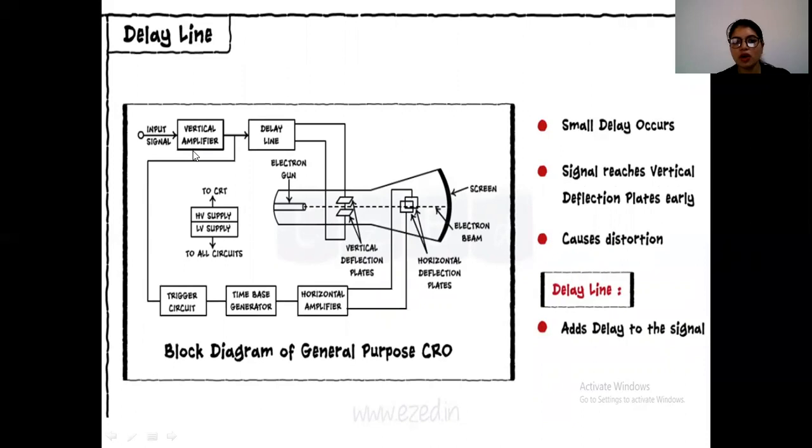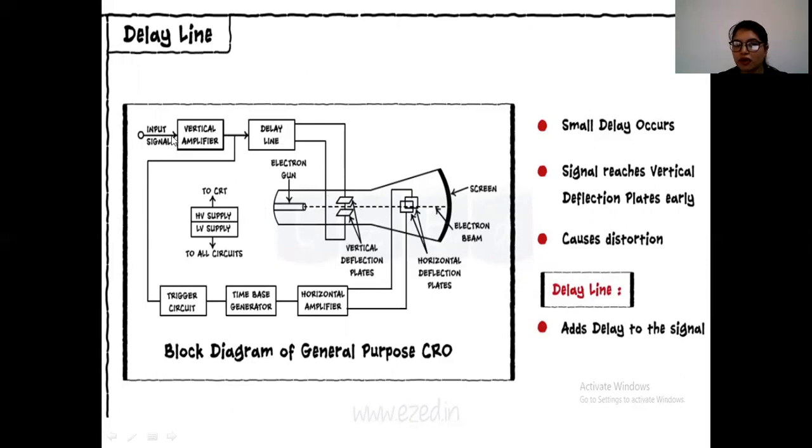So another block after vertical amplifier is delay line. As we all know, the function of vertical amplifier is to amplify the vertical signal or input signal. Then the delay line is attached over here. Now what is the function of delay line? As you can see that the input is taken from the vertical amplifier and output is connected with this vertical deflection plate over here. So why we introduce delay line is because